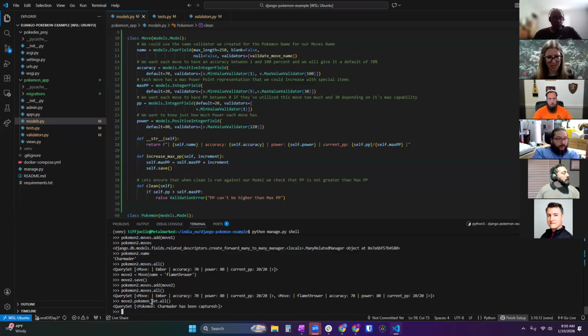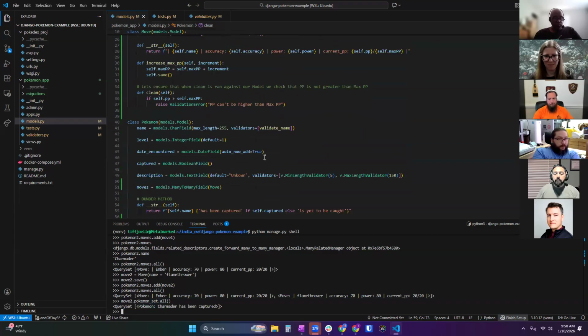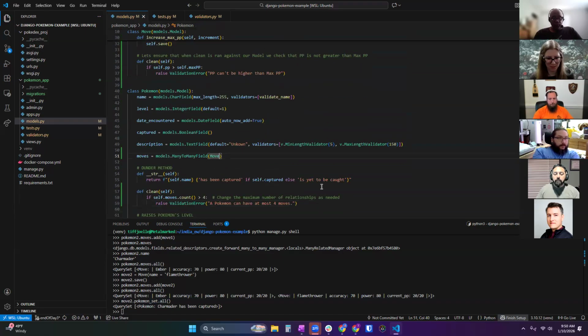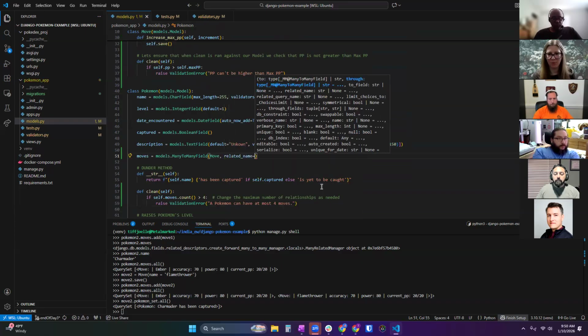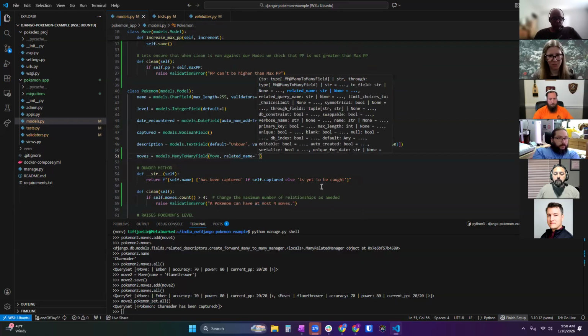Now, there's an easier way to do this. You don't have to do underscore set if you come down to this many-to-many relationship and add a related name. The related name is going to be how you query from the other model in this relationship. So right now we have the field underneath Pokemon.